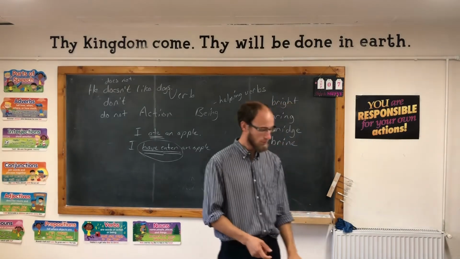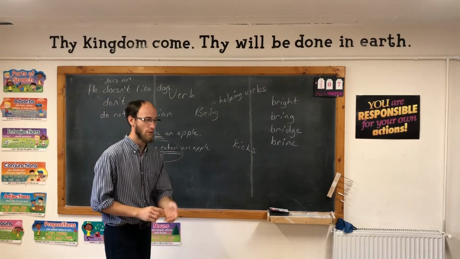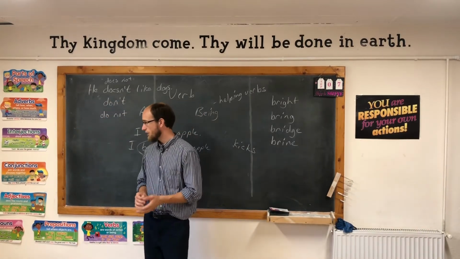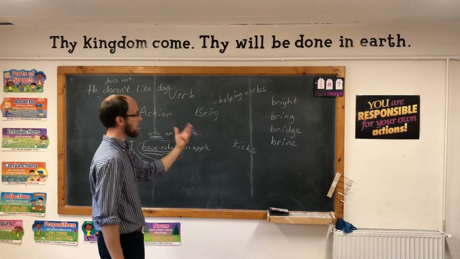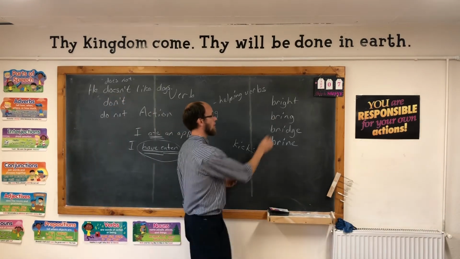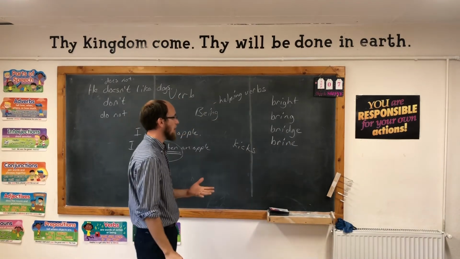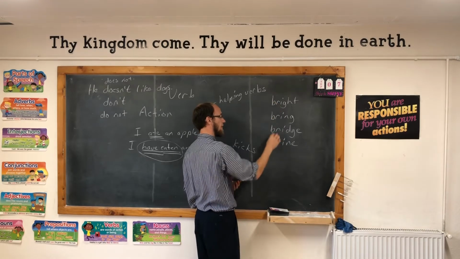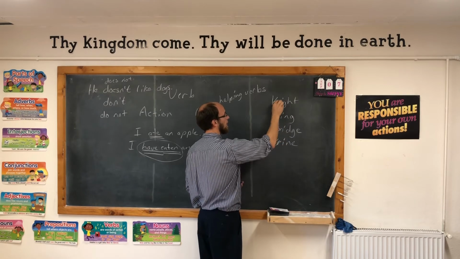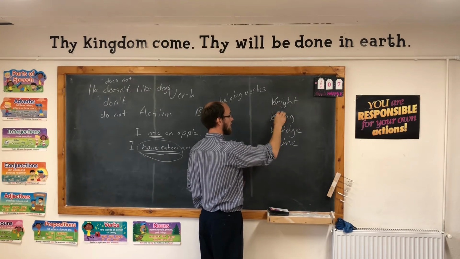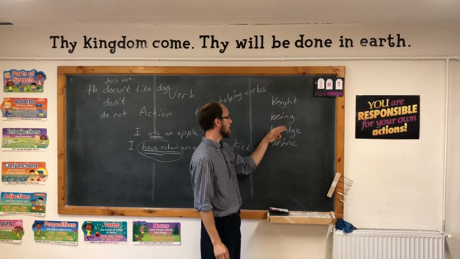And finally, let's talk a little bit about alphabetization. How to alphabetize words. If you have a dictionary, words are all very nicely listed in alphabetical order. You know right where to find them. But how would you put them in the dictionary? So I have a list of 4 words. Bright, bring, bridge, and brine. The first thing we do is we start crossing out all the letters that are the same. All these words have a B. All these words have an R. All these words have an I. Do they all have an N? No. 2 of them do. This one's got a D and this one's got a G.